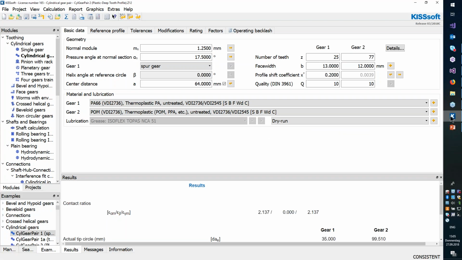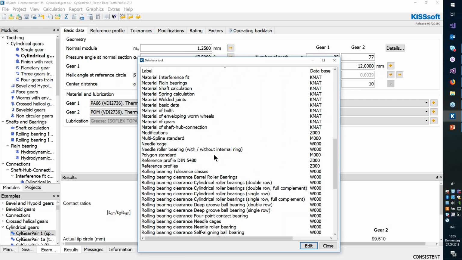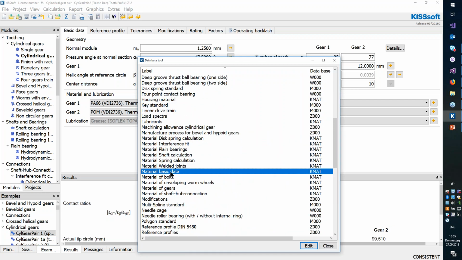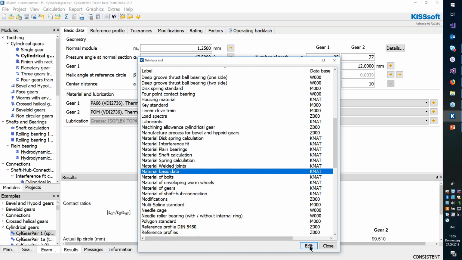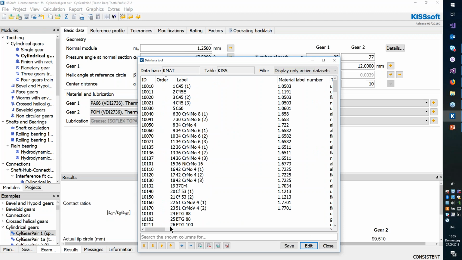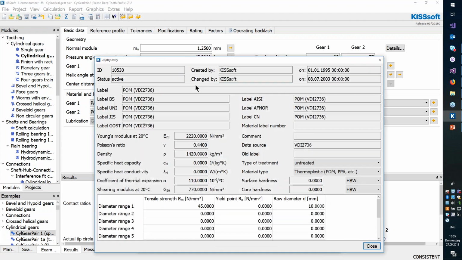Let's see how this looks in KISSsoft. I will open the KISSsoft database. If you want to add a material to use it in gears, you have to add it in two places: material basic data and material of gear. First we check material basic data. And here I can search for POM material, for instance. If I double click,